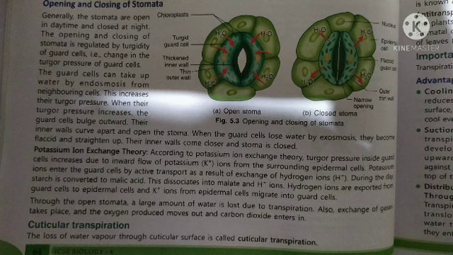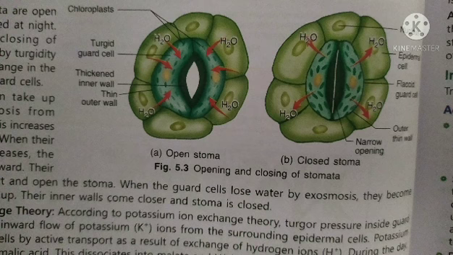Let us study here how the stomata are opened and closed. In the opening and closing of stomata, the guard cells play a major role. Due to endosmosis, an increase in turgor pressure of the guard cells takes place, which finally results in stretching and bulging out of their outer thin walls. This results in the pulling apart of the opposed inner thicker walls, creating an opening or pore in the guard cells of the stomata. This is how the stomata are opened.